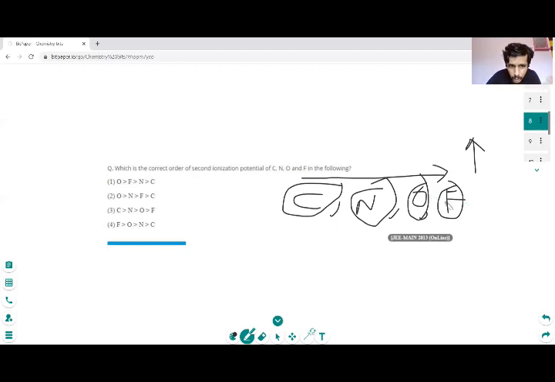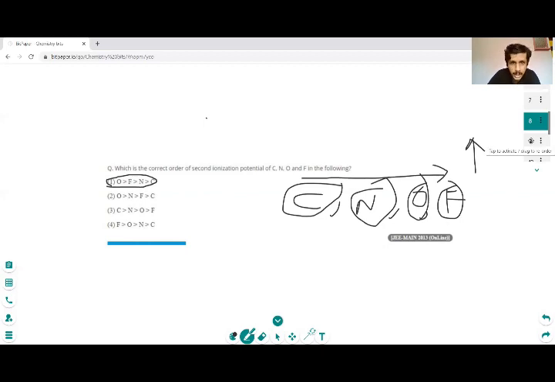But here there is a small change. The small change occurs because oxygen becomes bigger than fluorine. Again, as we have seen in electron gain enthalpy, here also oxygen will have the higher ionization potential compared to fluorine, because of the smaller size of fluorine. As we go along the period, we know size decreases, and the size is decreasing more and more. So because of this, the second ionization enthalpy will be higher for oxygen compared to fluorine.